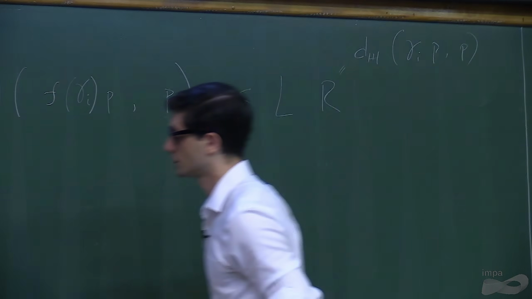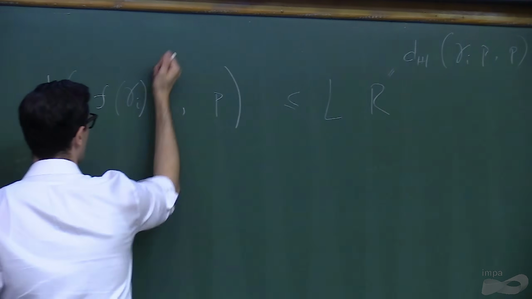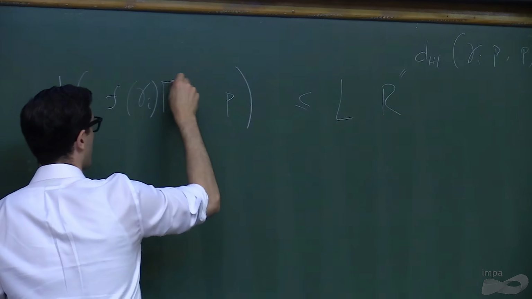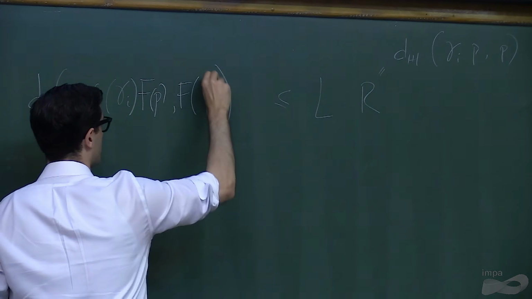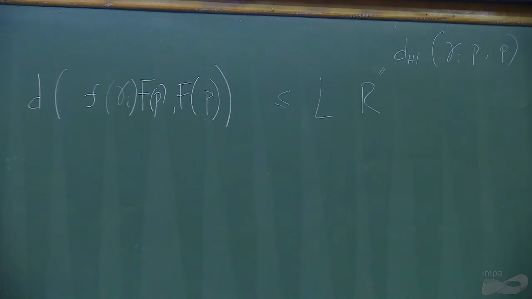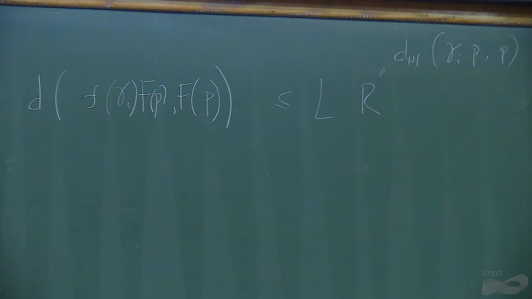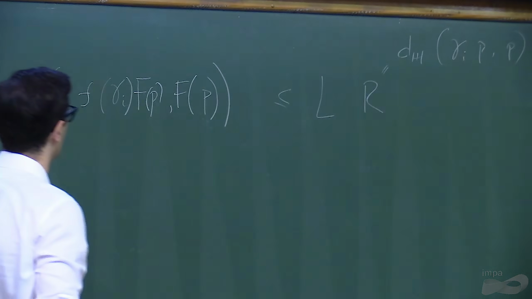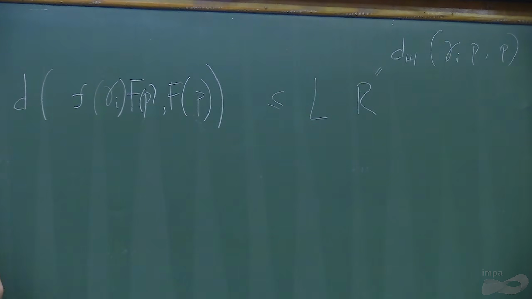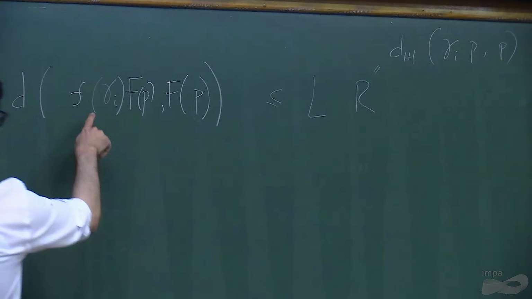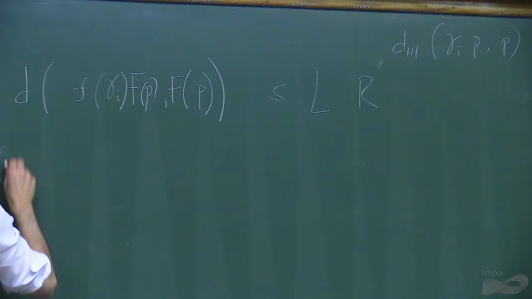Remember we have an equivariant map, so this should be F of pi. And now because of equivariance, we have that. But then the image of these two elements